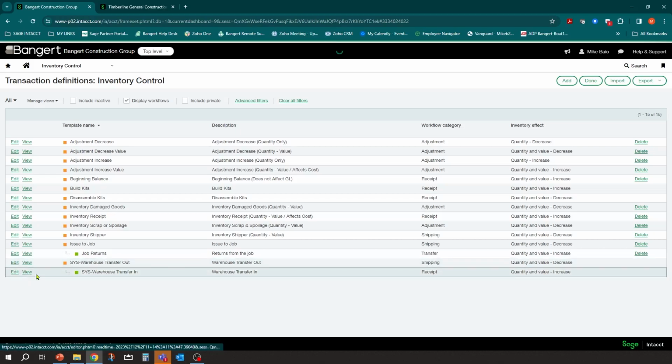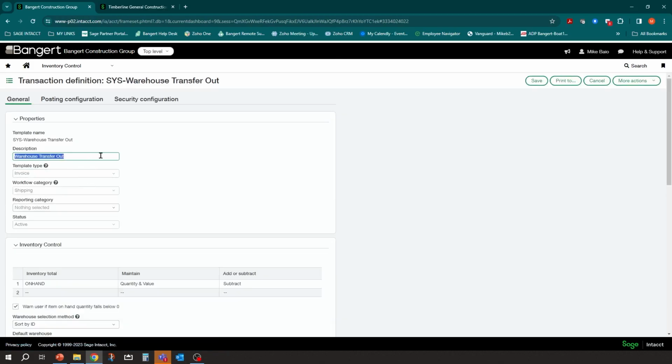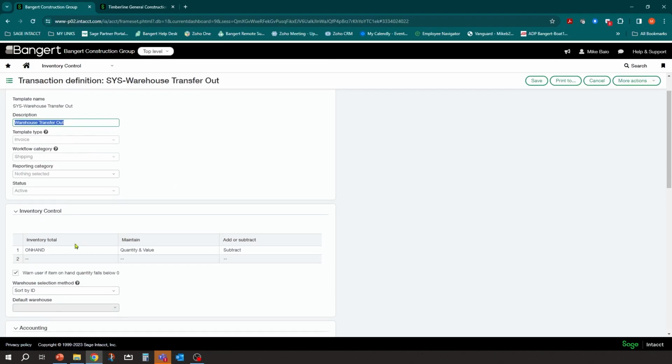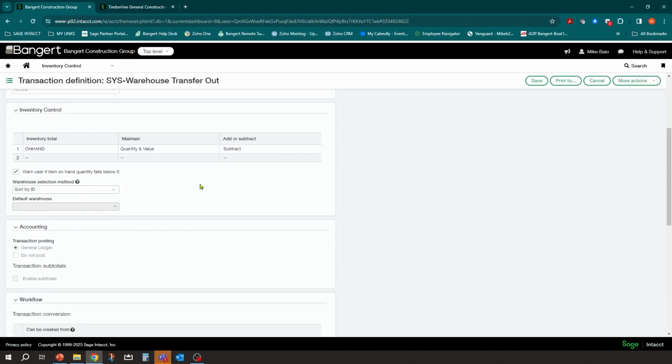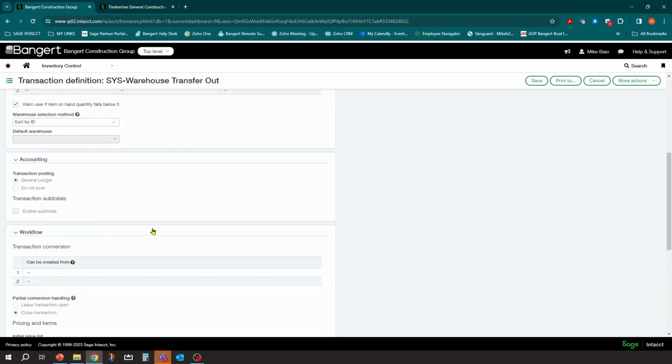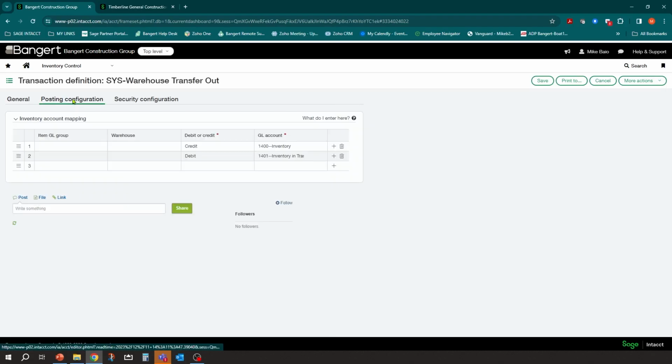So we'll create a document definition called warehouse transfer out, and it's going to decrease the on-hand value in that warehouse. We are going to post the general ledger. And what happens is it posts and takes it out of the inventory and debits an inventory transit account.